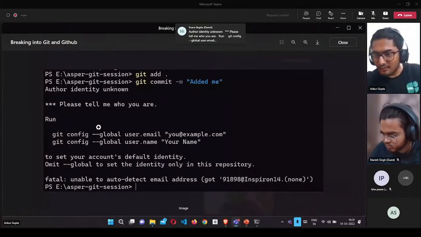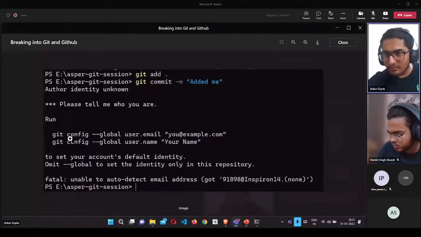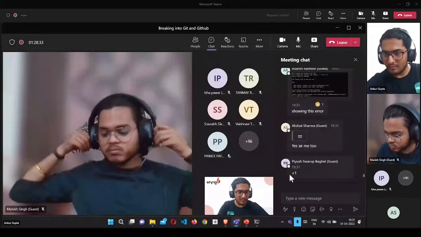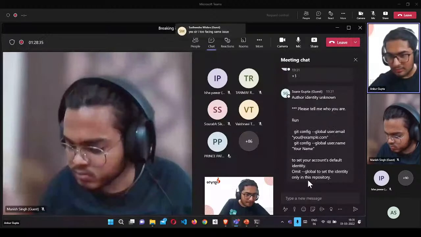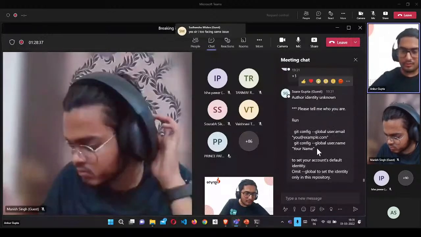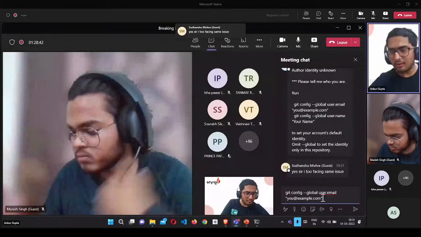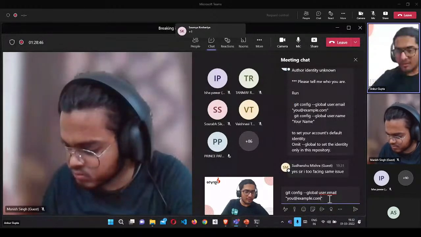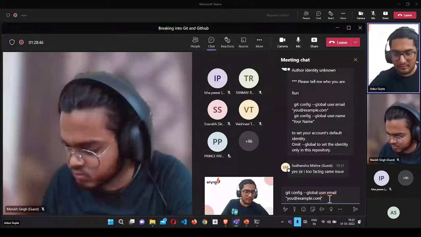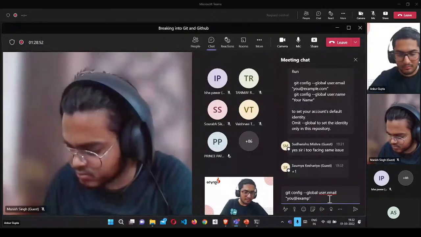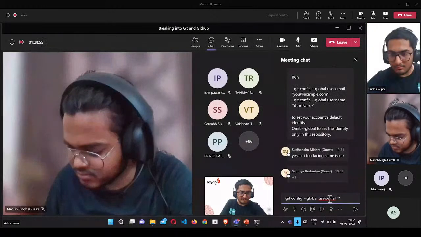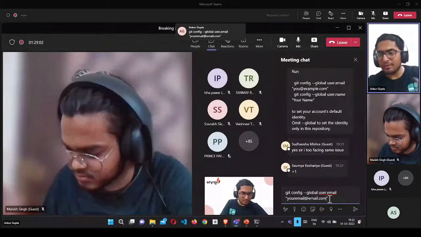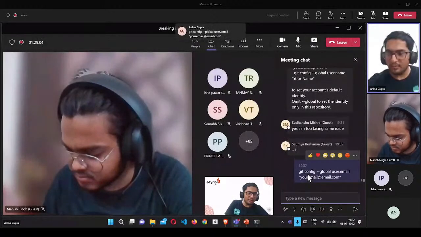So yeah, let me share the two commands that you need to execute. Yeah, so let me show you the solution. To simplify the problem, you just need to write git config global user.email. I'm sharing the whole code here, and then your email address. So you need to execute two commands once you face this issue.